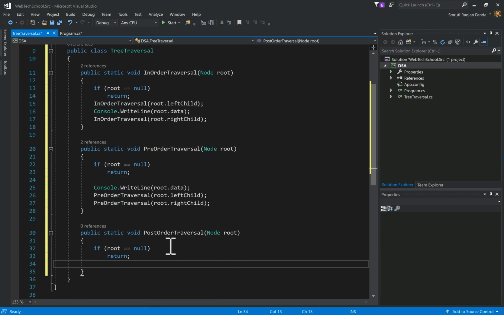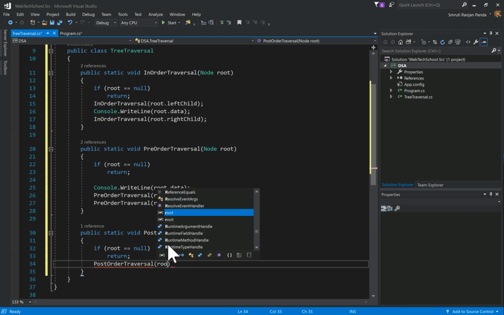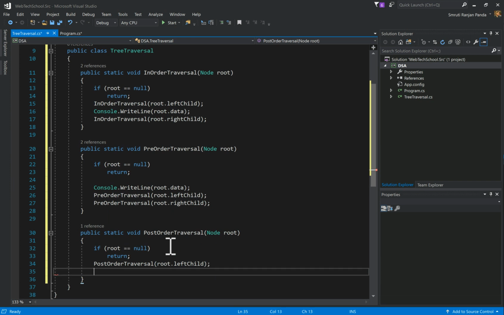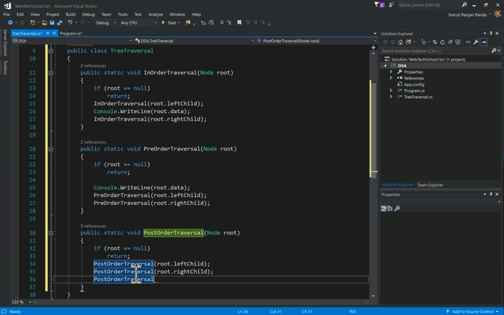Okay, so in post-order traversal, we are gonna explore first the left child. Then let's go to post-order traversal. Then we are gonna explore the right child. Okay, next, left child, right child we have explored. Then let's print the parent element,